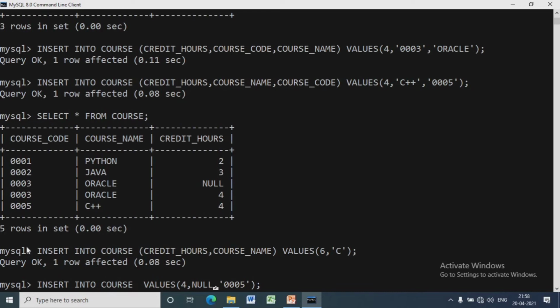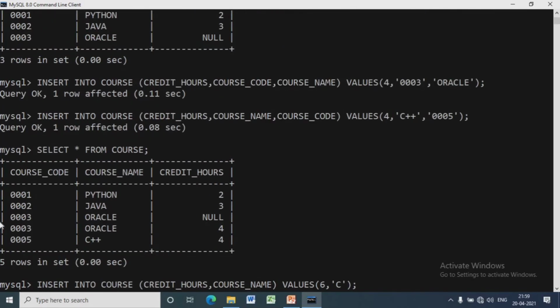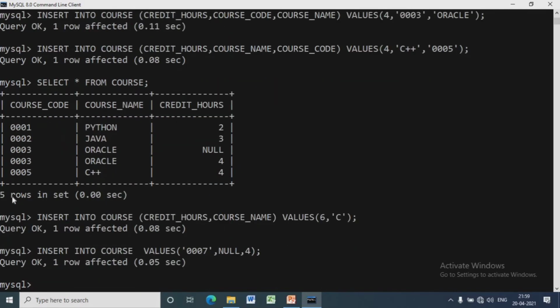The course name will be null itself. As you can see, course code is duplicate sometimes because I have not created course code as primary key. If you create course code as primary key, it will not allow us to insert duplicate data.